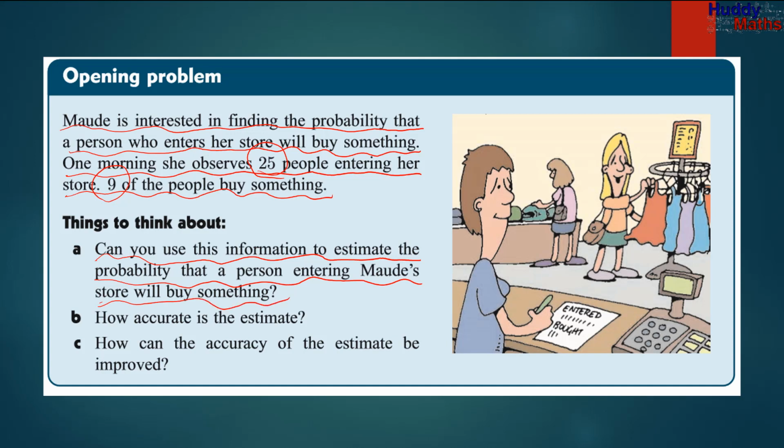Well, I reckon we could do something, couldn't we? Because 9 people out of 25 bought something. So that's a bit of an estimate, isn't it? 9 out of every 25 perhaps is the pattern. We don't know. Now, for the next 2, I want you to pause the presentation and discuss it with your teacher